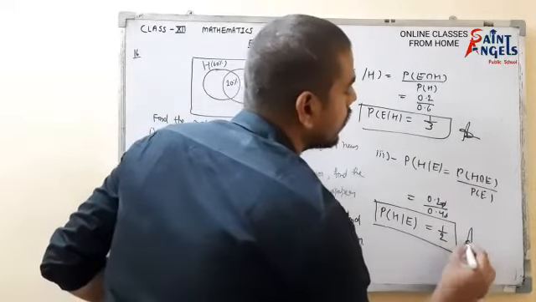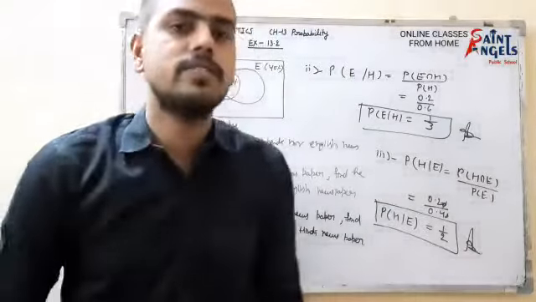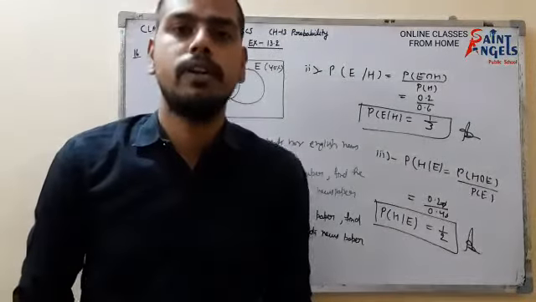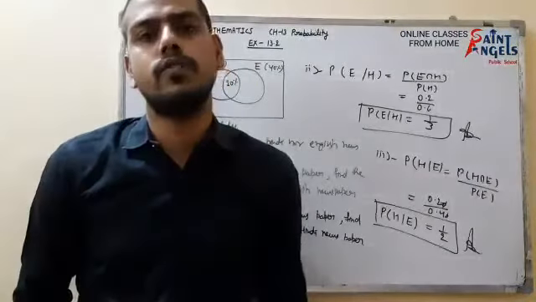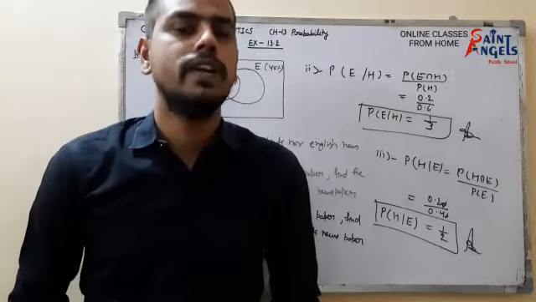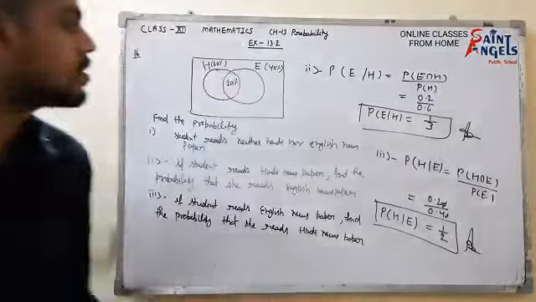Okay. So now exercise 13.2 has finished. The next topic is very important, that is the theorem of total probability and Bayes theorem. Every first or second year you will get a question from Bayes theorem of 6 marks. So it is a very crucial and important topic. Please don't miss the classes. Okay. Now please pause the video and note it down.